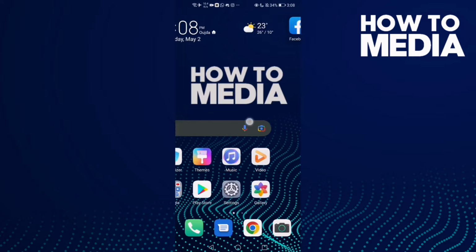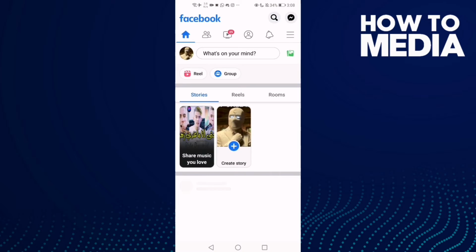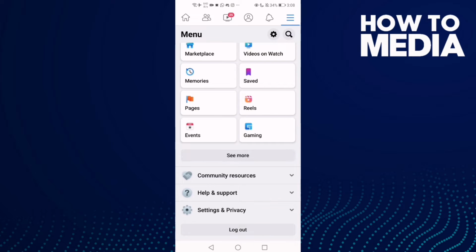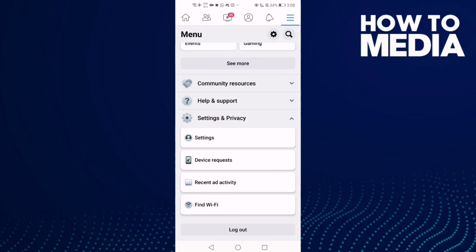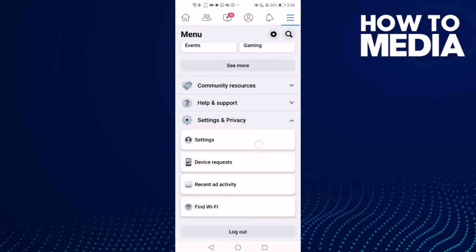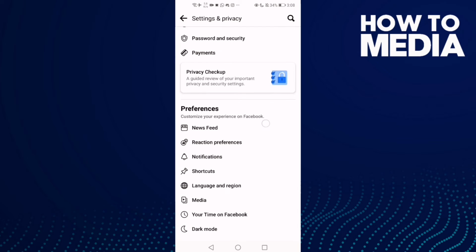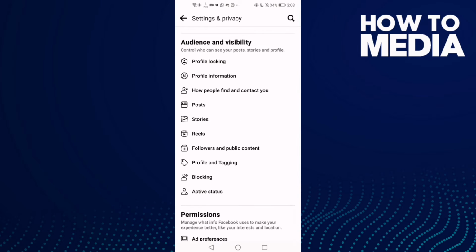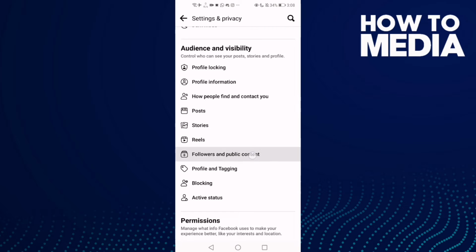First thing you're gonna do is go to Facebook and then click these three lines here on the top corner, and then just go down until you find settings and privacy, and here you find this one, settings. Click on it and then click on followers and public content,